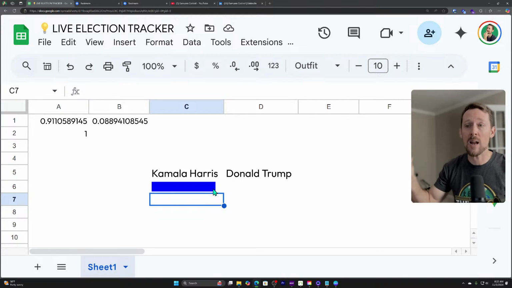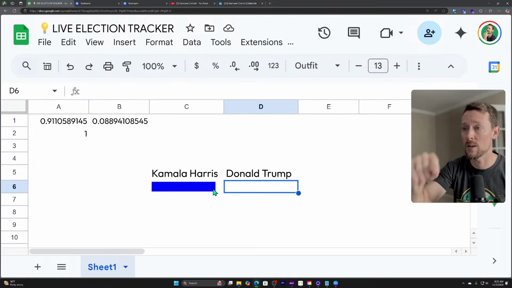Whoa, we just had our first update. Okay, did you see that? Now, check this out. We went all the way from there, all the way up to 91%. So Kamala really just took a big lead here at 8:22 Eastern. Have the polls even opened? I don't know how this happened, but it's happening real time for us.